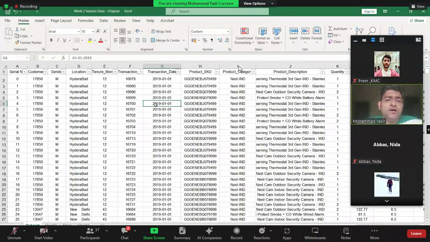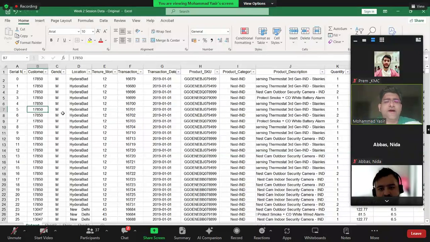Right. Okay, so we'll cover Excel basics today in the first session. We'll also cover hygiene checks and data cleaning in the first session, right? So let us assume this is a small data set. I'll share it with you later on as well. This is a data set of transactions, right? Now, when we have to analyze this, we need to find insights. We need to understand what this data is.